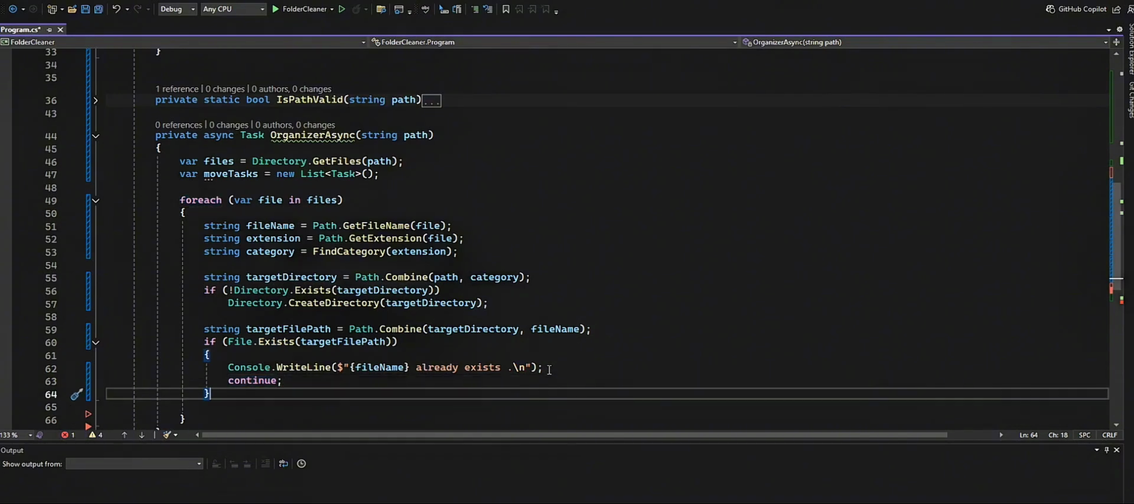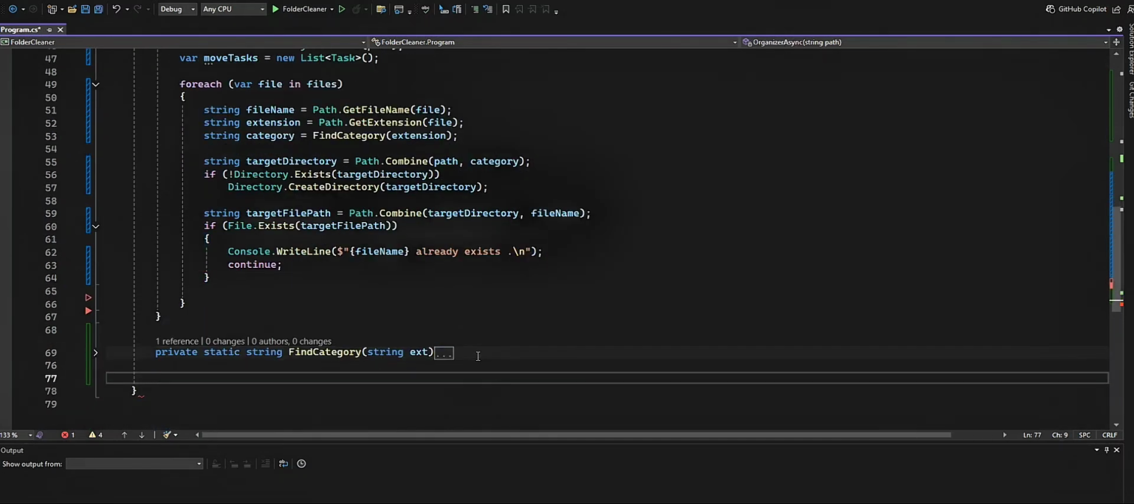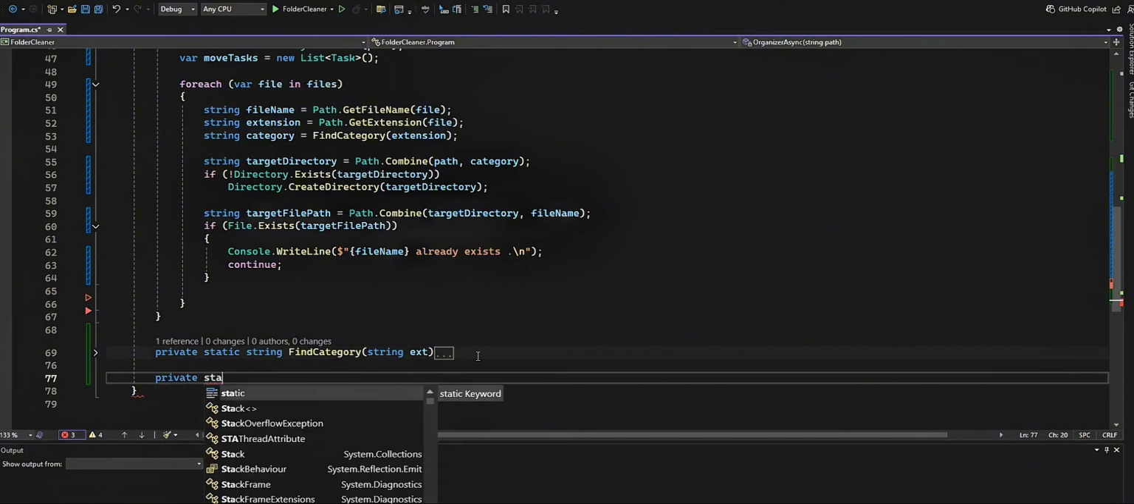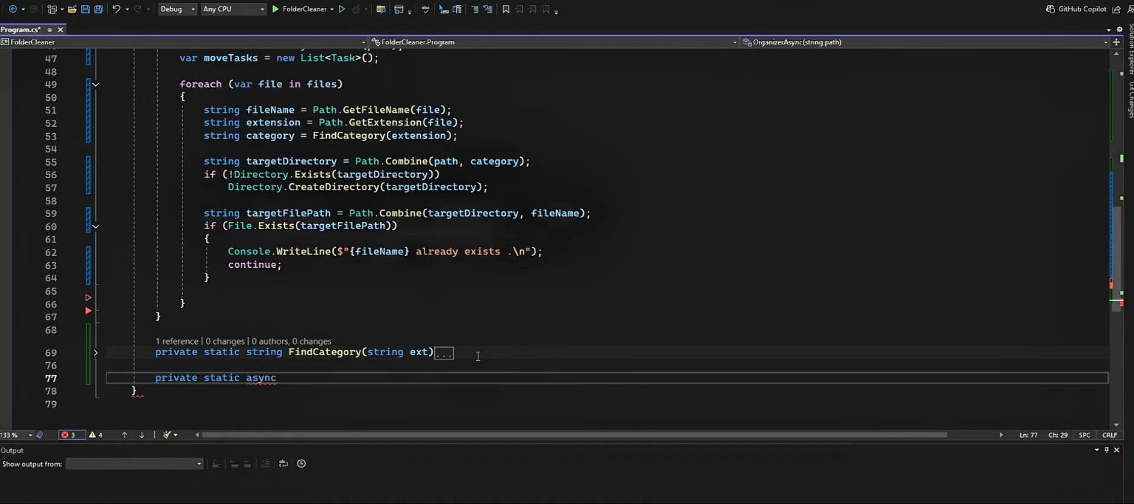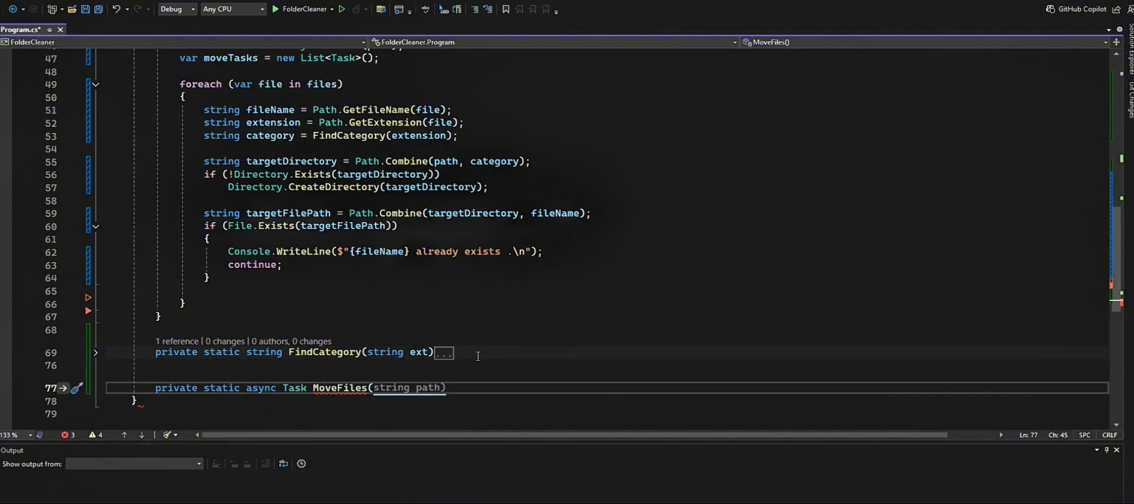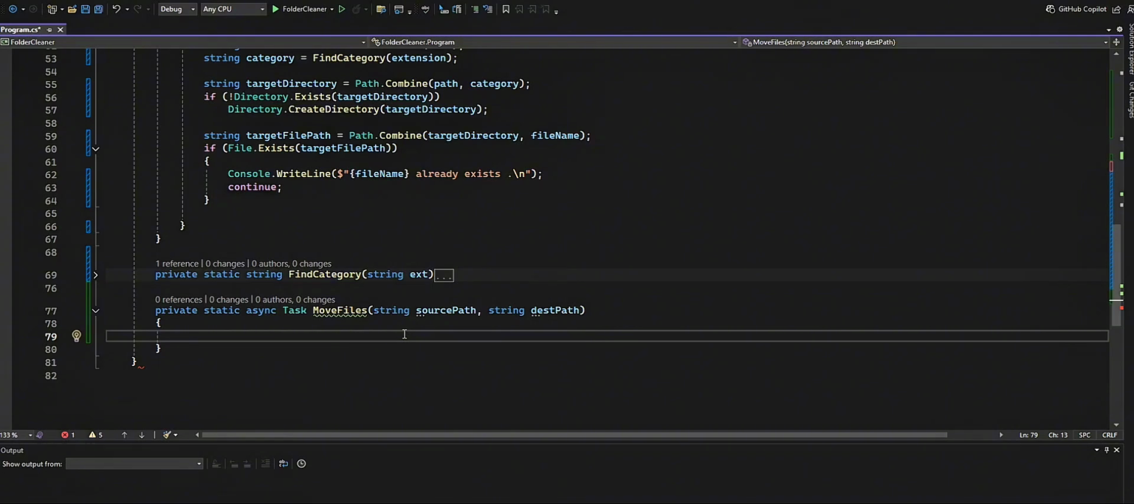What if the file does not exist and everything is fine? We need a file and we are going to move it to the target file path. Here we want to add another method, private static async Task MoveFile. Here we get a string as a source path and a string as destination path. We are going to use FileStream for both parameters, using FileStream